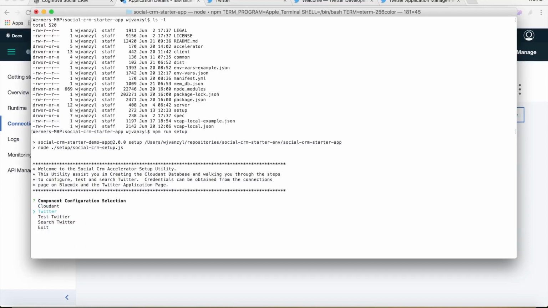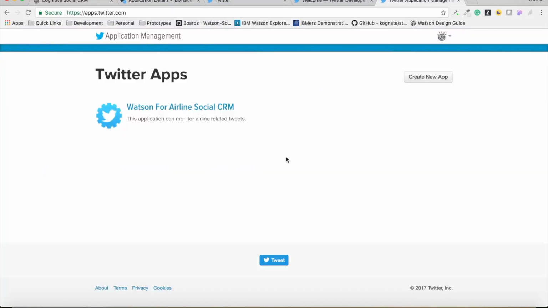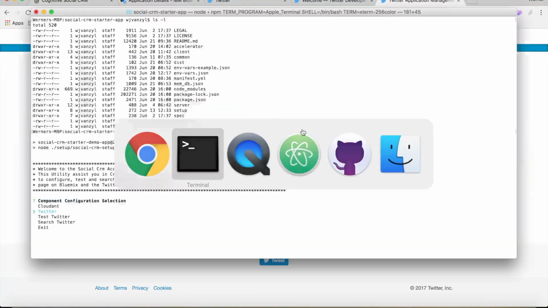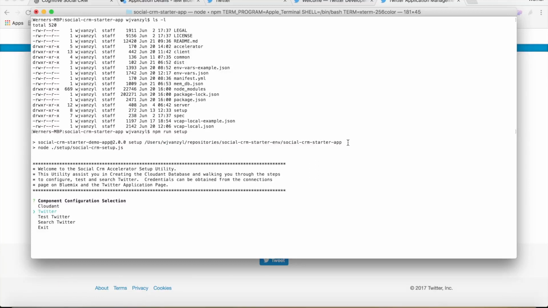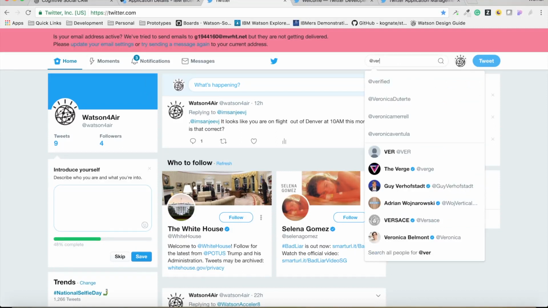The next step would be to configure Twitter, and here the setup utility will ask you for all the tokens, keys and secrets that you generated when you went to the application management console, created your application and generated the keys. It will also ask you for the Twitter screen name that you would like to monitor, and you can find this by going to Twitter. So let's take, for example, that I want to monitor something from Verizon. You can start by saying @Verizon